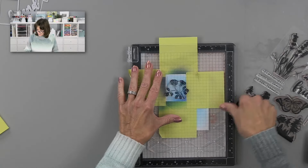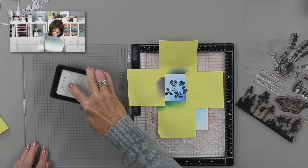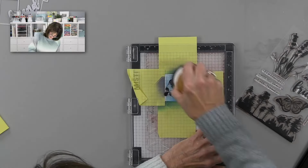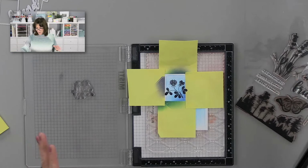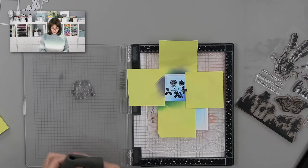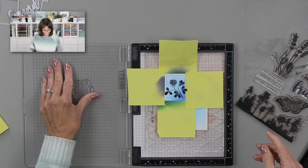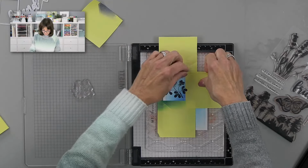So I'm probably going to stamp this more than once just to get it nice and black. I did re-ink this black ink pad right before I went live, so it's probably not spread out enough, but I did offer a little video on my YouTube channel on how to re-ink your ink pad. I did that a little while ago, so if you want to see that, it's a 2-minute technique video, super fast to watch. All right, so we're gonna remove this, and this,